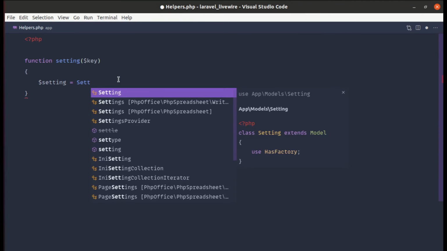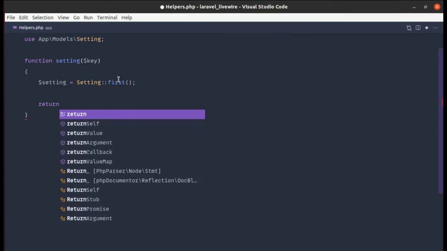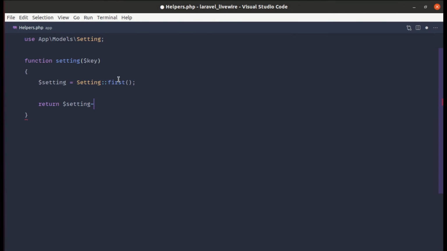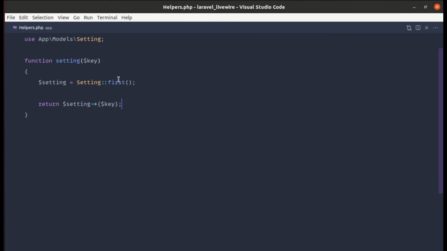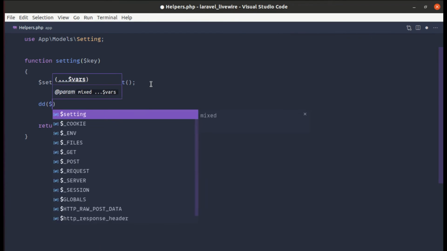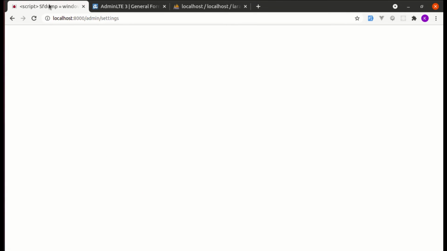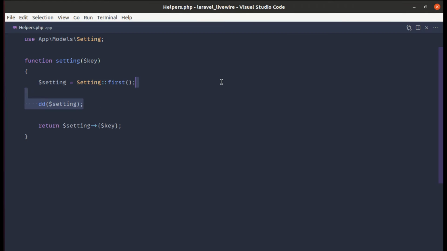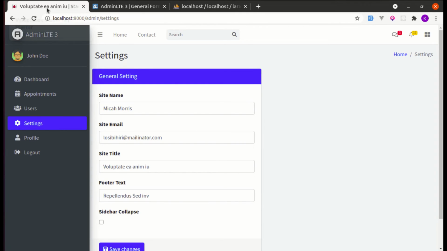Let's create a variable with setting first, and then return setting and the key. Okay, actually this will return setting, and it is empty because we are dying down on this title. So let me remove this for now, and this title is over here,